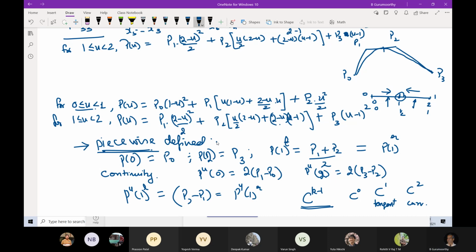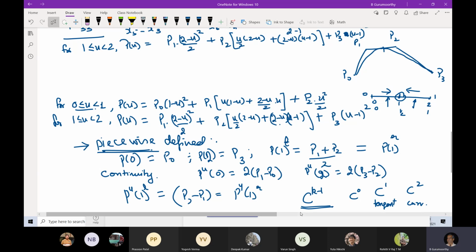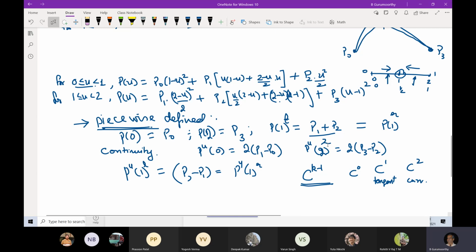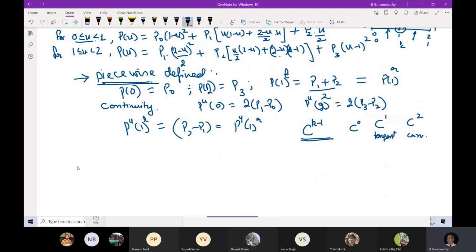As I said, I reiterate this, I'm showing it to you as an example, but you should take it as the general thing. And of course, the other thing that we have shown here is that the curve starts tangential to the first polygon leg at the first control point and ends tangential to the last polygon leg at the last control point. Now let me just point out one more thing before we go back to the slides. And that is, remember we said that